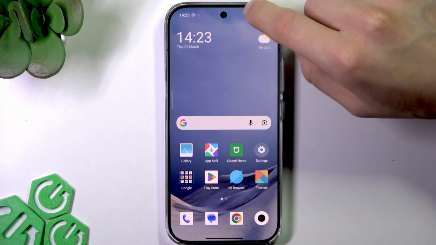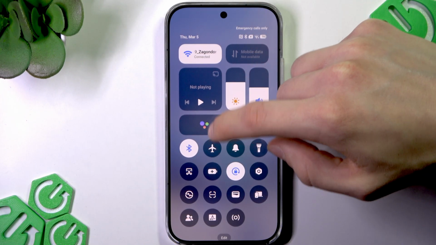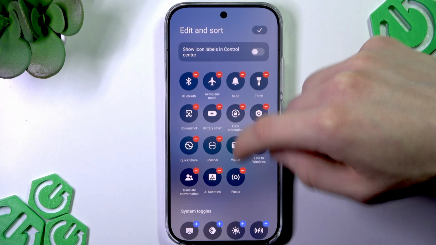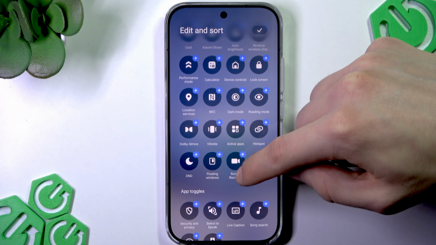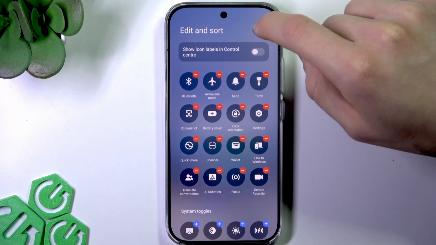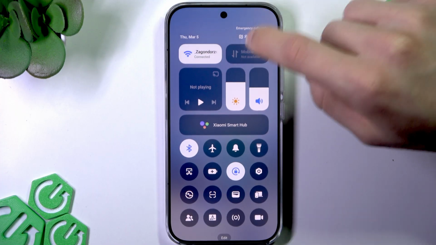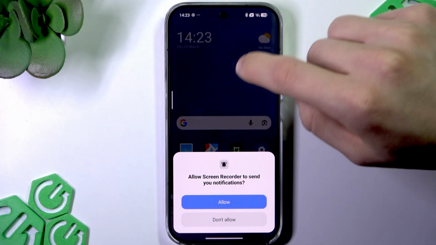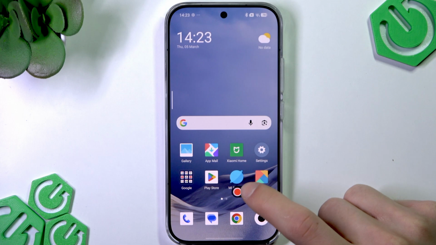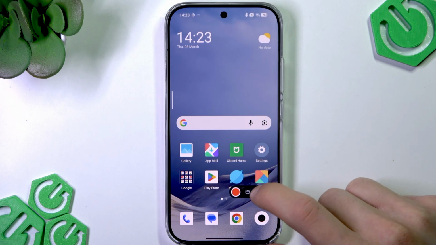First of all, let's add screen recorder to the control center. So swipe down the control center and tap edit at the bottom. Then scroll down until you find the camera icon and tap on it to add it to your control center. Then tap OK, and now to enable screen recording, tap on this camera icon, give it all the permissions, and